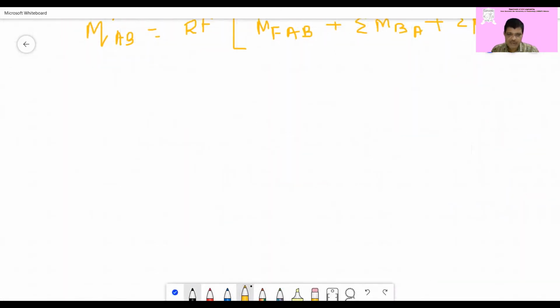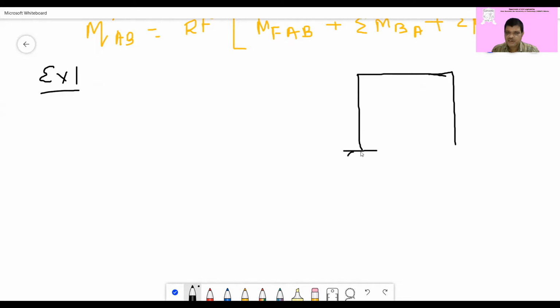Let us go to example 1 as the first example. Now we have seen last class a problem where there will be sway, and sway was not considered, that is why we did not discuss this problem. Now everything remaining same, there is an eccentrically loaded load of 80 kilonewton, and this distance is 1.5 meter and this distance is total 6 meter, so it is 4.5 meter.